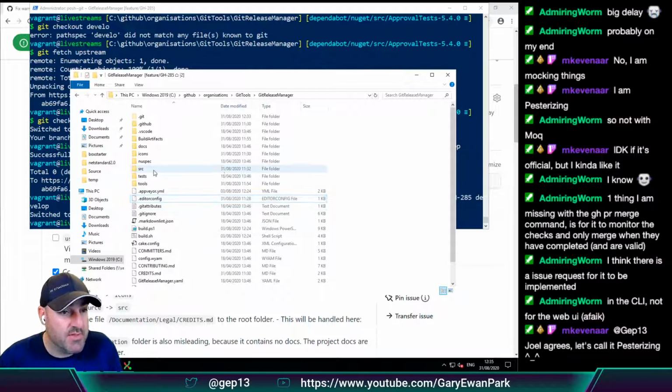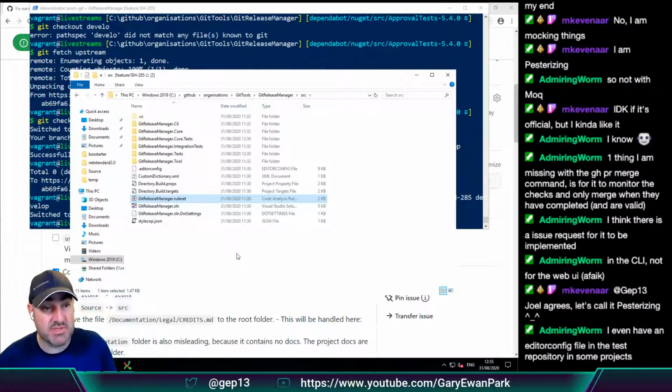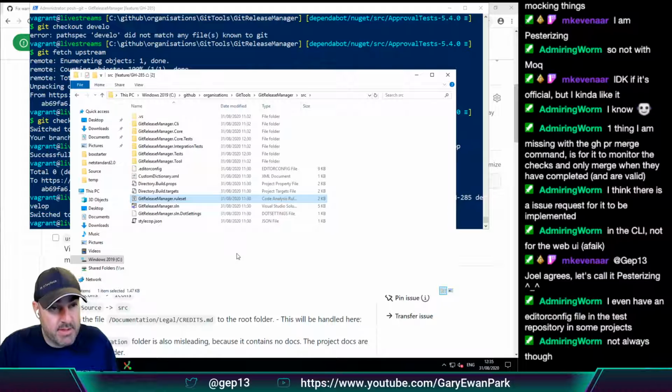Okay. The other part of this follow-up is that currently we have a GitReleaseManager.ruleset file. Now, having spoken to Patrik, the rule set is going out the window.